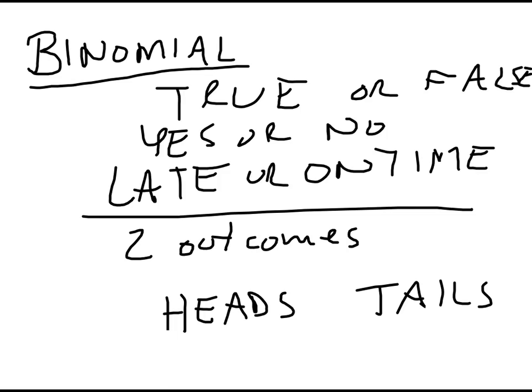So what we can do with a binomial distribution is determine the probability of a certain number of events happening out of a certain number of trials. So for example, if we were interested